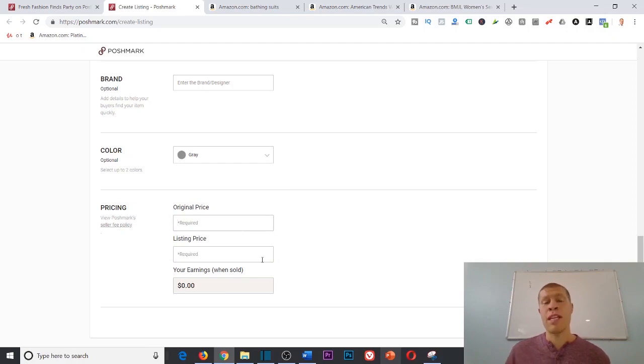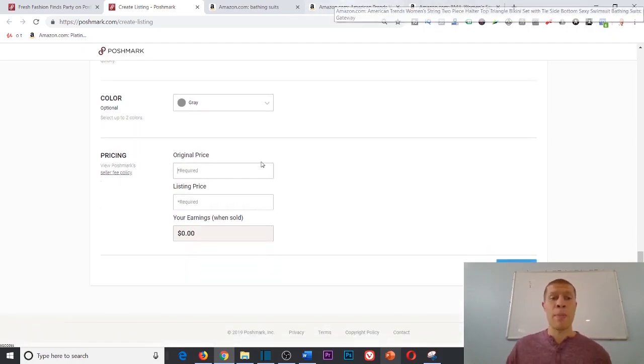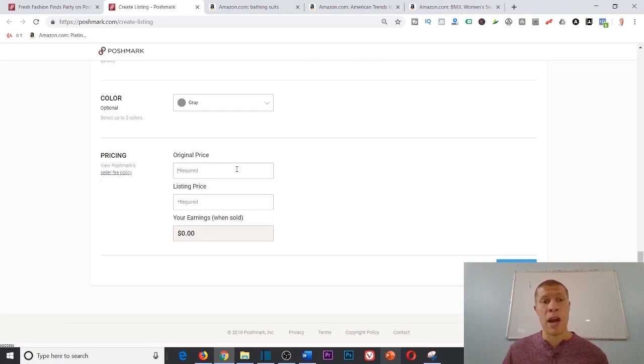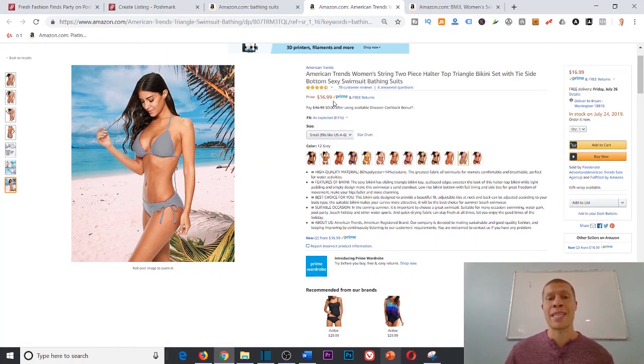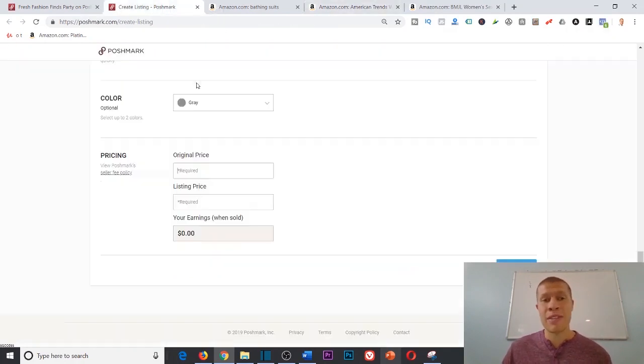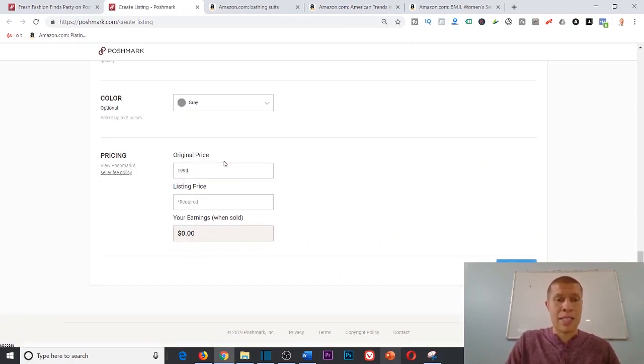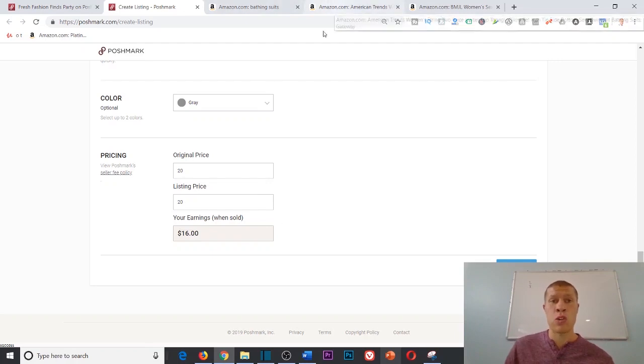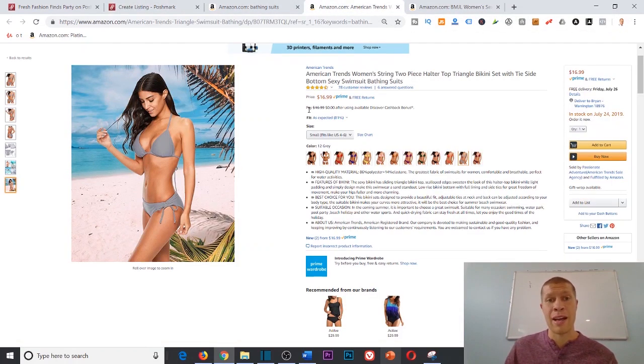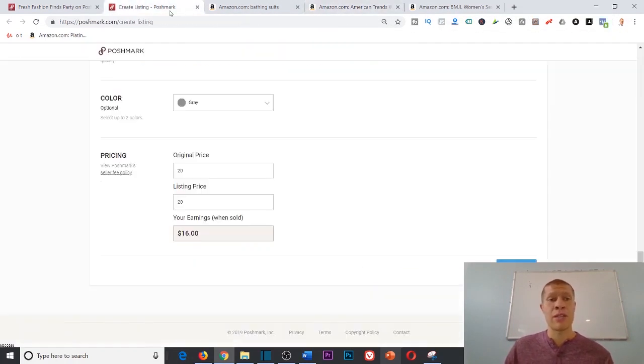Now the fun part. Now we need to focus on the pricing. So how can we make an upsell in the pricing? Now the great thing about listing products on Poshmark is they're going to tell you exactly what your earnings are if that sells and they're going to tell you what their cut is. So I can't list it at $16.99. I can't even list it at $17.99 because Poshmark's going to take their cut. I probably can't even list it at $19.99 because I'll still be, if we just list it at $20, I'll still be under. So I'll only earn 16 bucks. So I need to list it over $20 because Poshmark's going to take a $4 cut at that listing and then I'm negative. So I need to list it, maybe let's try,